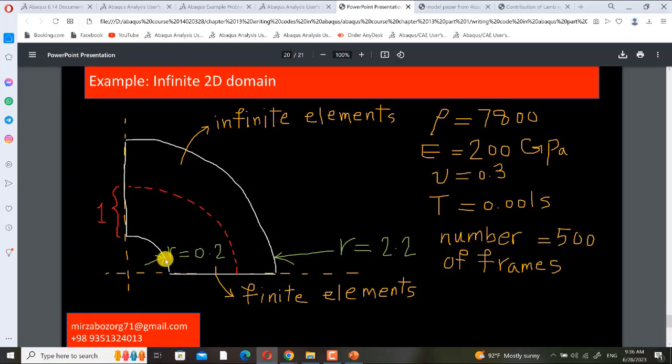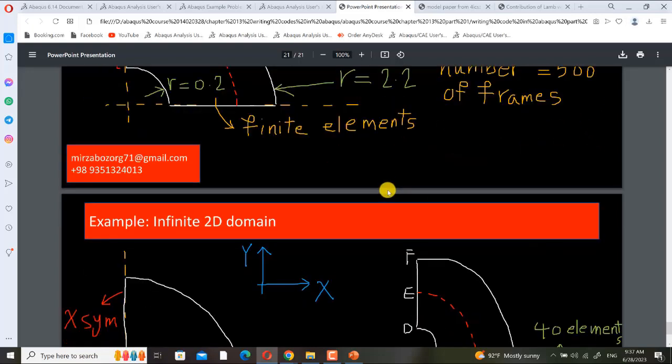And the inner radius is 0.2 and the outer radius is 2.2 meters. Here I will use infinite elements, and here I will use finite elements. And you can see the other characteristics of the problem.